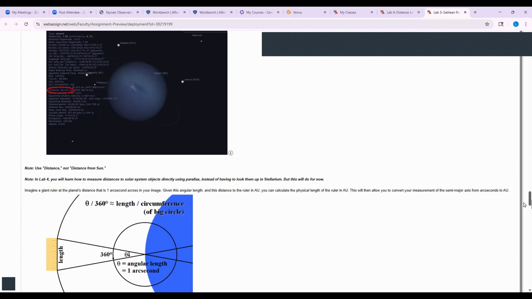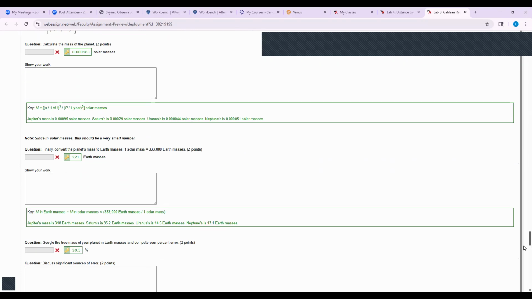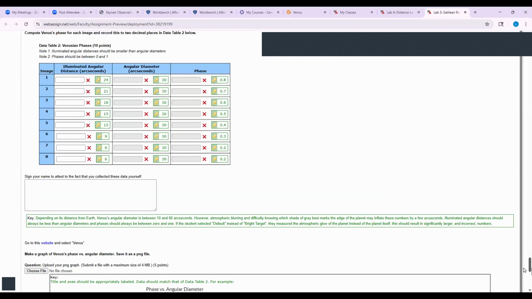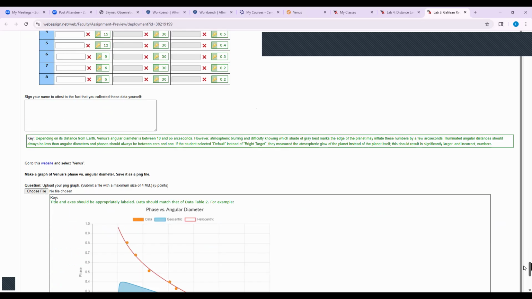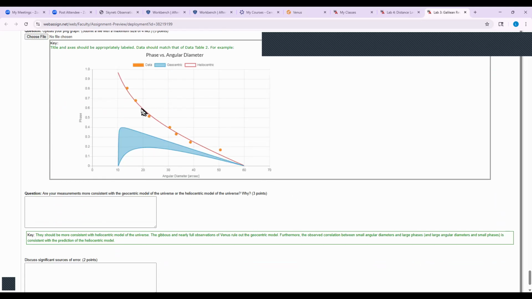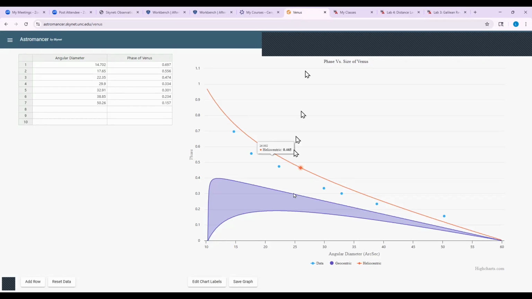I hope I didn't go very fast and you caught what items are needed. And then you apply this, you can provide based on the sample data, and you fill out this information on the table, and then save the graph. When you go here, you can save the graph,